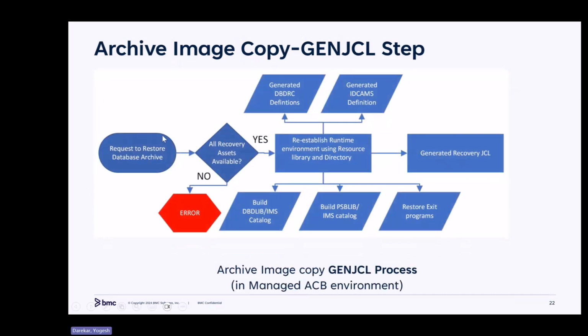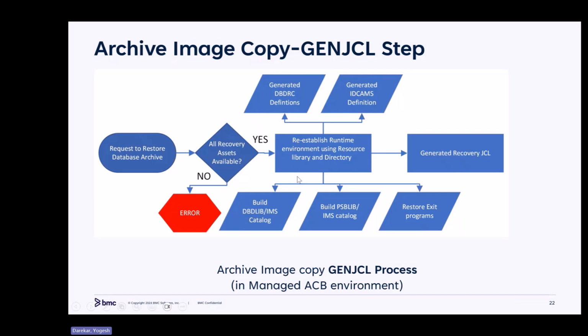So this is the change JCL step. We'll get the request to restore database archive. We'll see whether all recovery assets are available. If they are available, then we will go ahead and re-establish the runtime environment using the resource library and directory. Whatever we have done in the archive IC creation process, we'll use those resource data sets and directory data set,